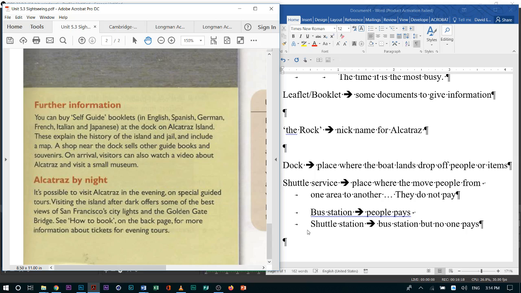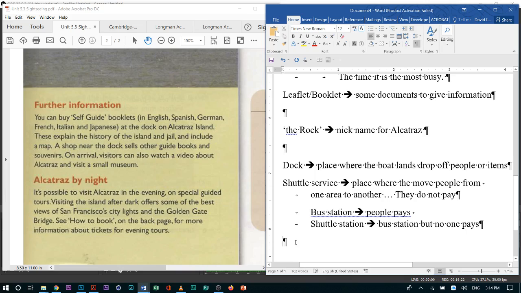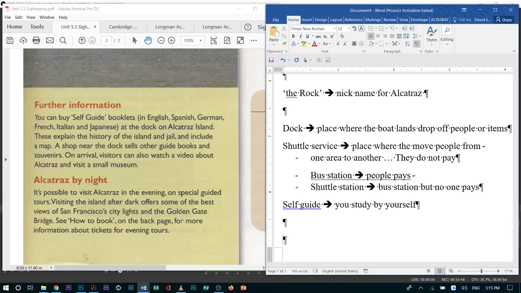For this one, the only vocabulary that I want to look at is self-guide. When we say self-guide, it means you study by yourself. So it's self-guide because it means yourself and you do it by yourself. So you study by yourself. And I think this is all for the vocabulary. For the next one,